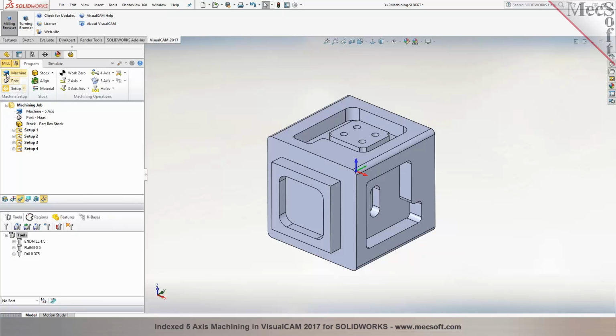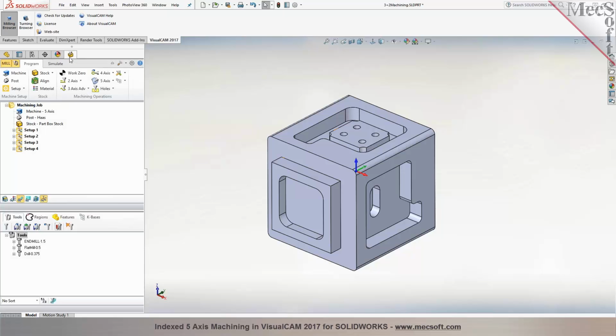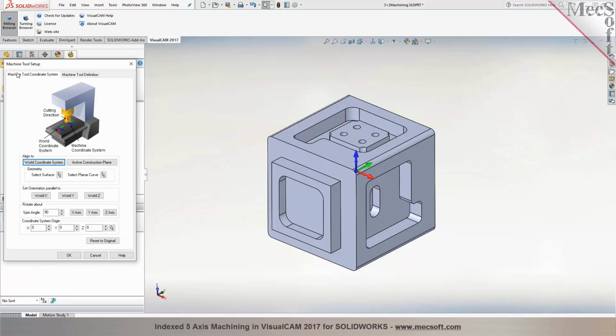Now if you go over to the feature manager design tree, this shows all the features, how the part was designed, the feature tree in SOLIDWORKS. And if you click on the VisualCAM tab, you will see that the CAM interface shows directly inside of SOLIDWORKS. So the typical workflow here is you go over to the Program tab and you define the machining